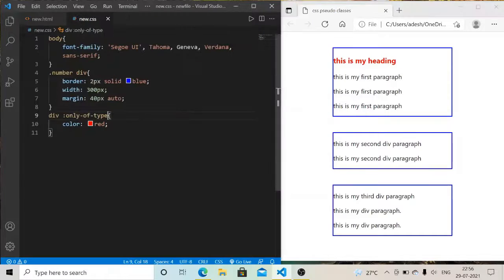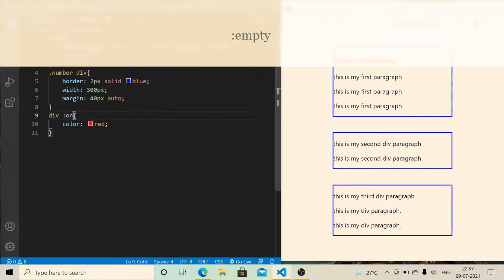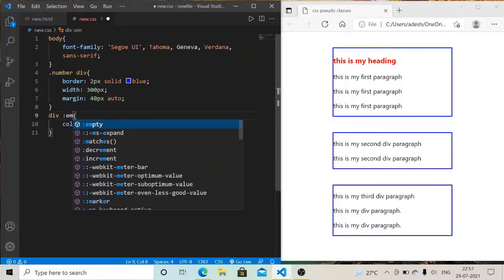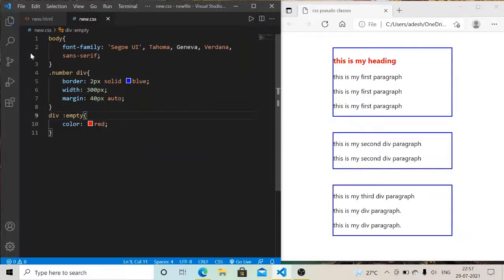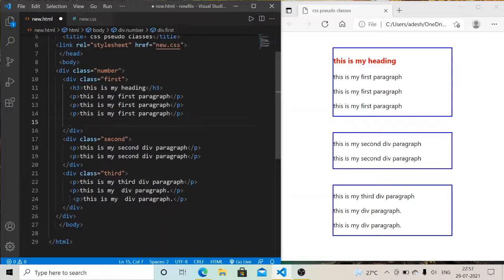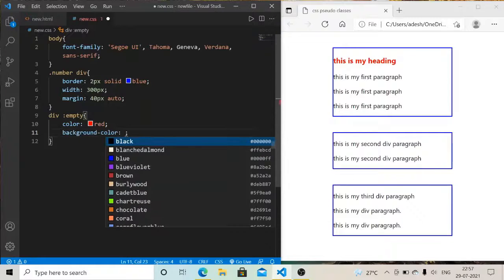Now the next one is empty. Okay, so if I write the colon and empty, then it will check which parent element has an empty child. Here there is no empty child, so we will create an empty child. I create a paragraph element, but I do not give it any text. Okay, and I give it a black background color,